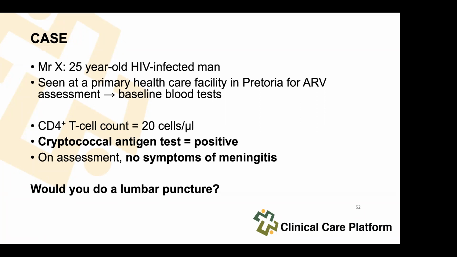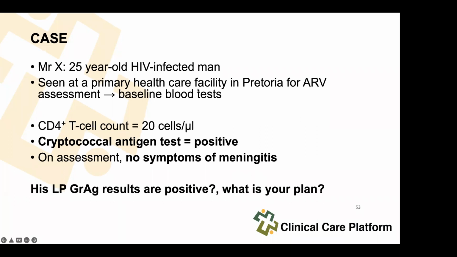All right, so here we share, and you can see that most of us believe that yes, and the answer is yes. That is the first change in the guidelines. All patients with a positive crack antigen must be referred for a lumbar puncture, though you don't have to delay the start of treatment if you think the lumbar puncture is going to be done a bit delayed right there, right? Then if the lumbar puncture crack antigen is positive, so your lumbar puncture results are back and they are positive, which of these would be the right option as part of your plan? Look at it carefully.